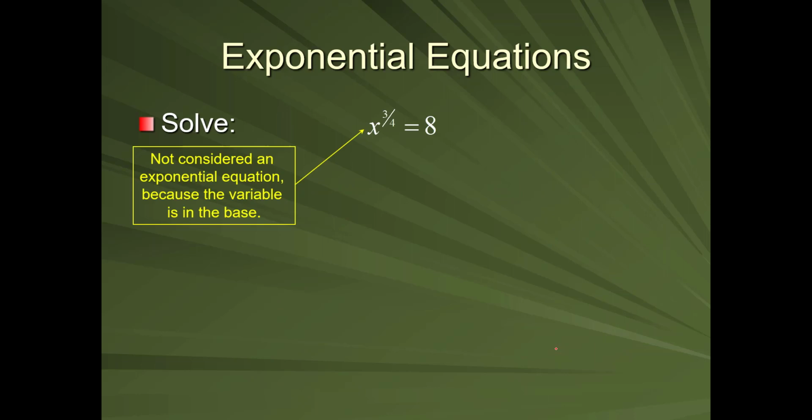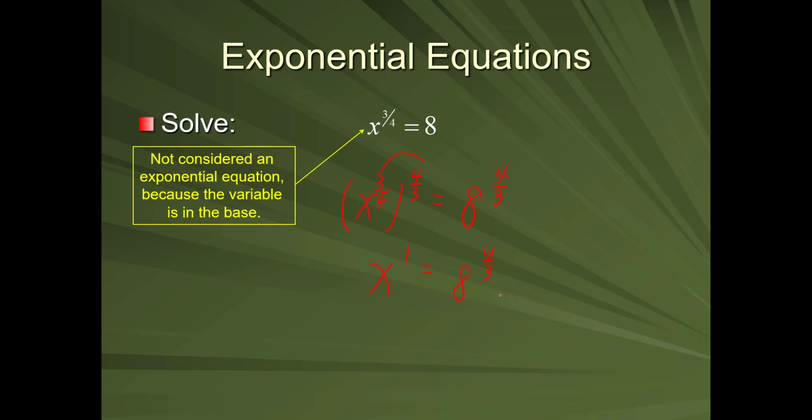Another example here is x raised to the 3/4 power equal to 8. Similarly, we're going to raise to the reciprocal power, meaning raised to the 4/3 power on both sides of the equation. So we apply the same operation on both sides of the equation, and these two reciprocals cancel each other, so we get x to the first, it's 8